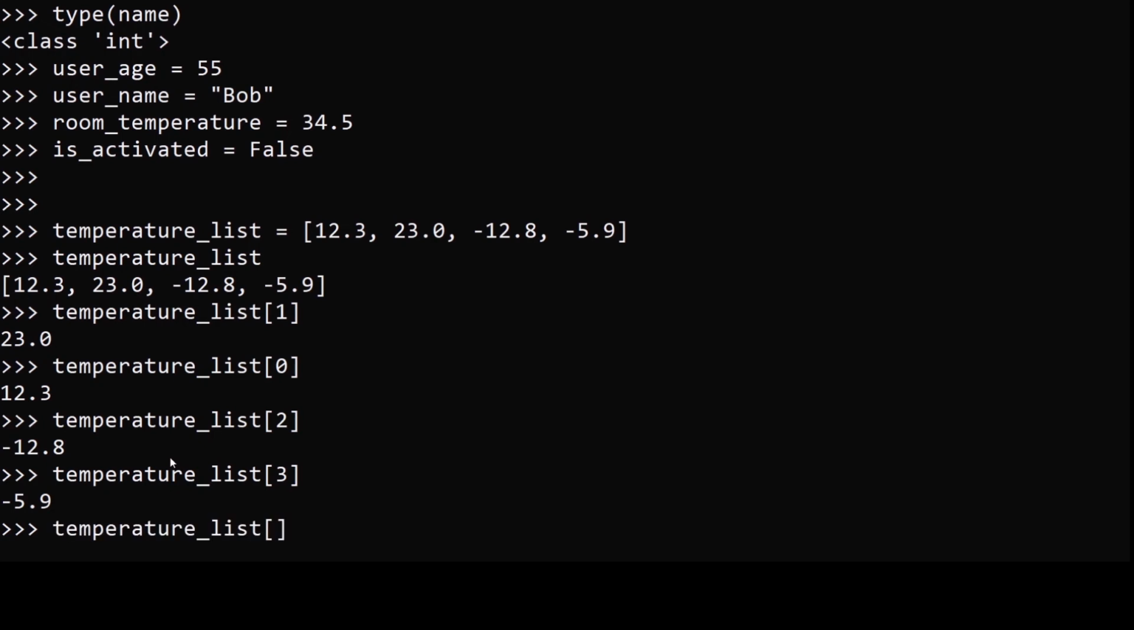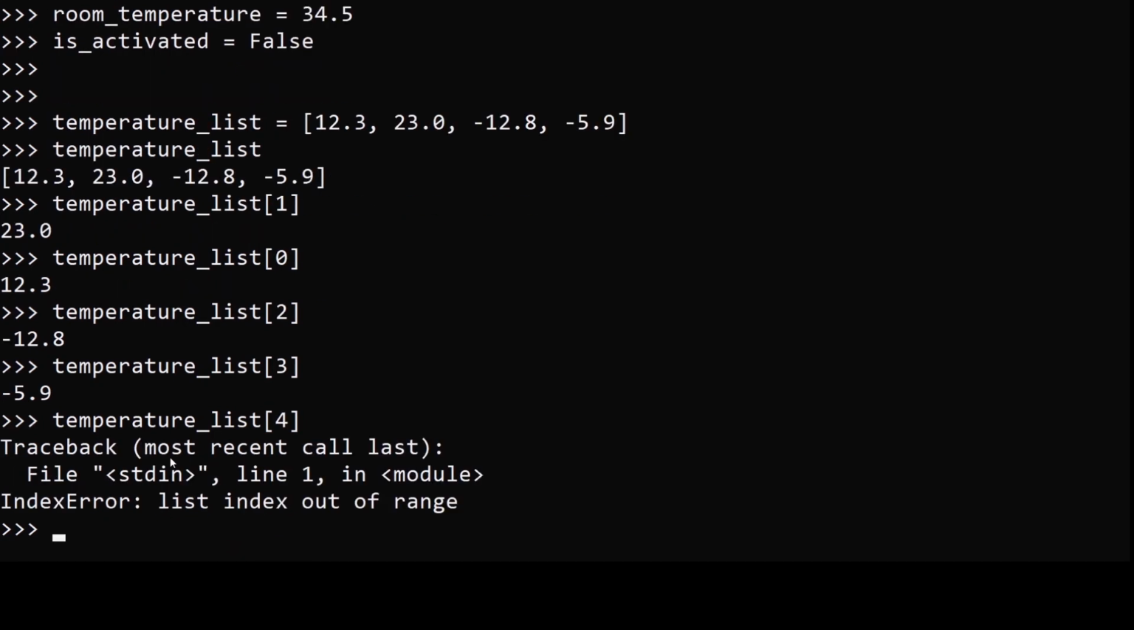Now, let's say I put 4. What is going to happen is that I have an error, a list index out of range error. That's a very common error: you have a list and you try to access an element which is outside of the list. Just remember that when you have a list, the first element starts at 0 for the index, and then